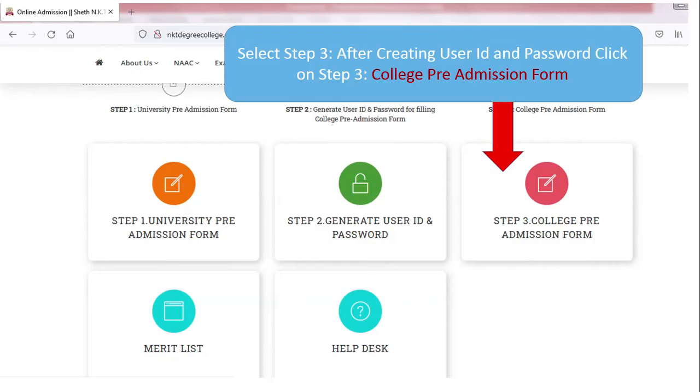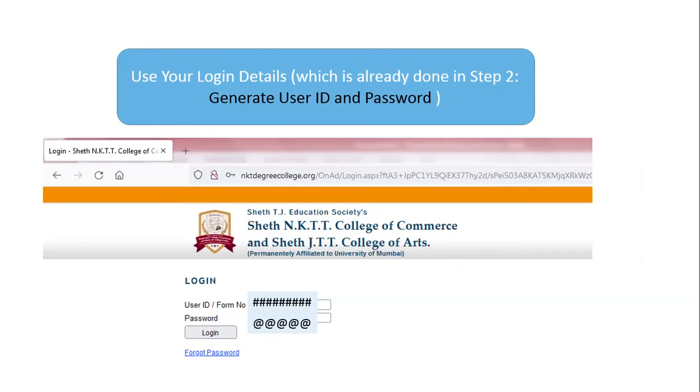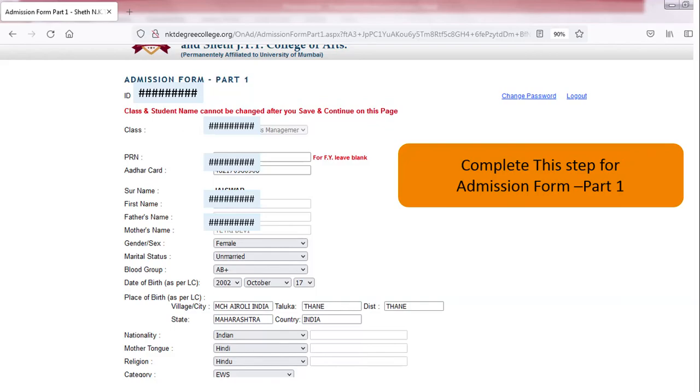Now proceed to Step number 3. Here, after creating your user ID and password, we have to click on the college pre-admission form. It redirects to your login credentials. Here we have to enter your user ID and password and proceed further. If it is a valid user ID and password, it redirects to your admission form Part 1.